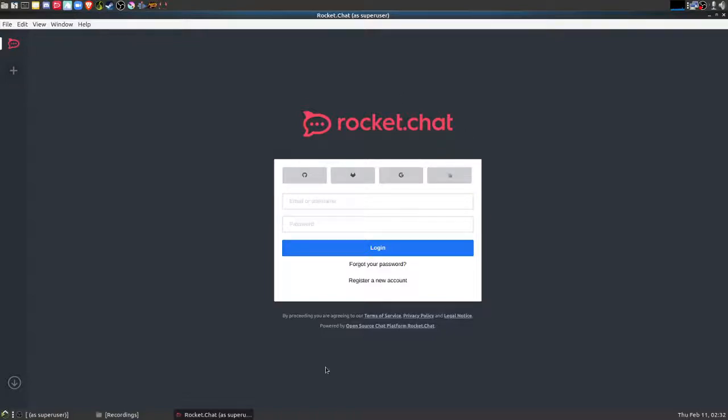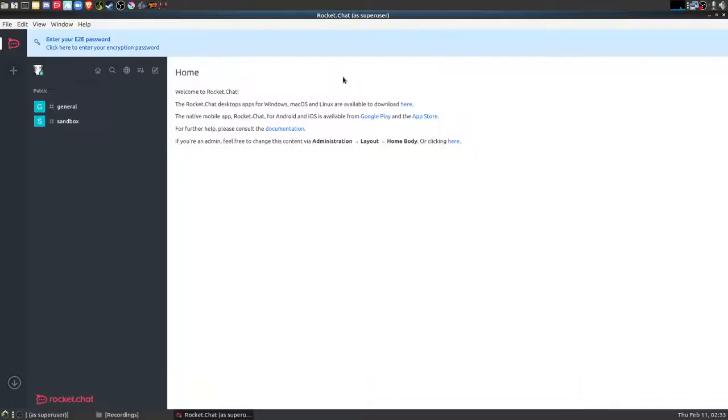So anyway, you'll want to enter in the address, then you'll get this. Now this is the free open Rocket Chat server. It's a really good way to demonstrate, since I don't really want to show any of the private servers that I'm a member of. But I'm going to go ahead and pause this while I enter my email because I'm not stupid. Movie magic. Okay, so I've logged in.